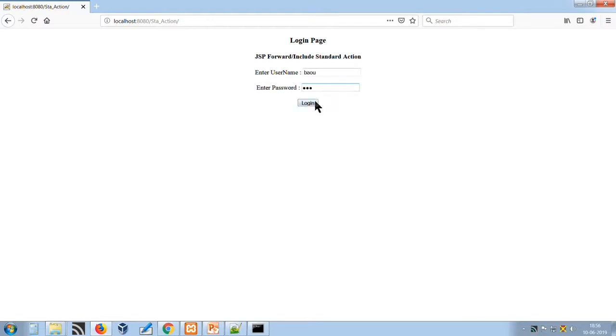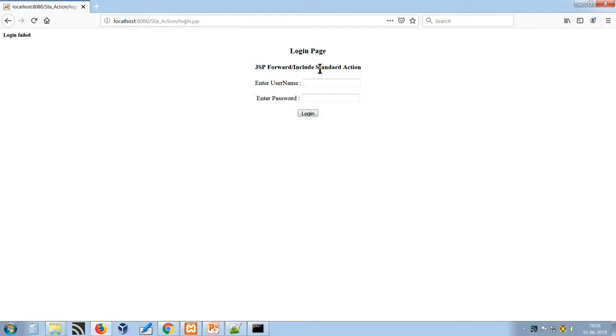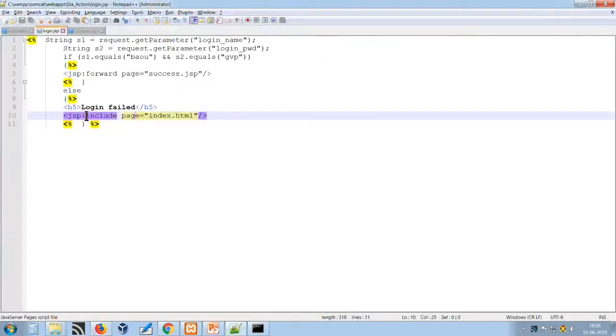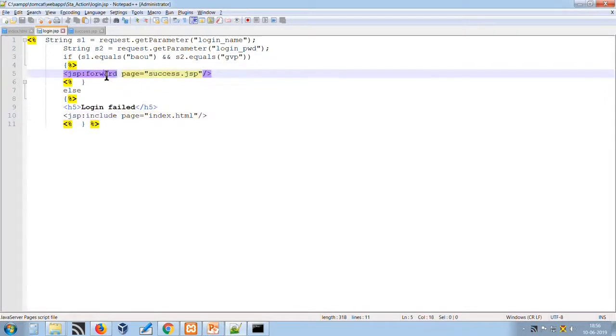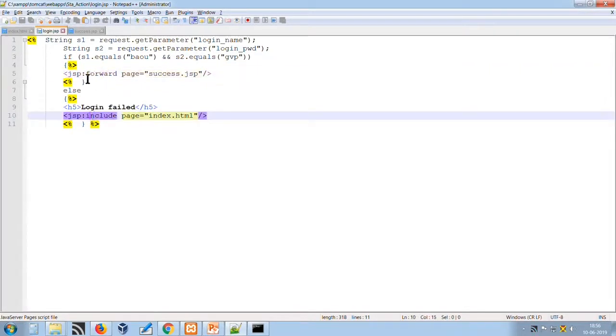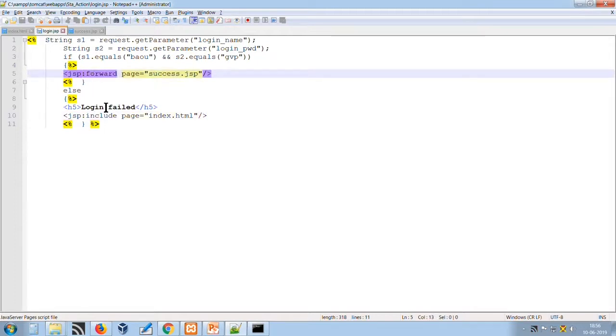Let us test, it will forward to success. It says login successful, welcome to BAOU. But if I provide wrong credentials, it will keep us on the same page, as it is included. So this is the technical demonstration of the standard actions JSP colon include and JSP colon forward.